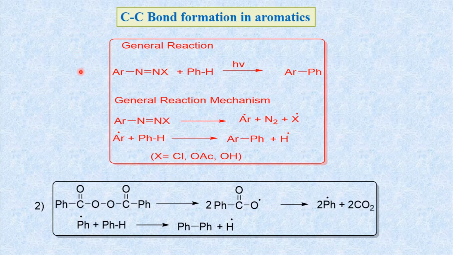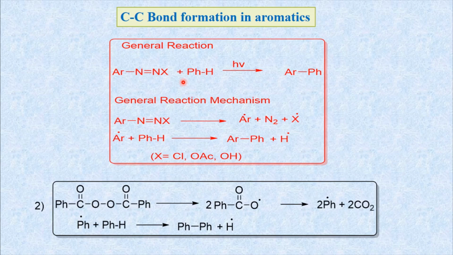It is the name of scientist Hay, H-E-Y. In 1934, he reported that the thermal decomposition of diazonium salt in aromatic solvent, such as benzene, results in the annihilation of aromatic ring. So this was the first scientist who reported that the thermal decomposition of diazonium salt in aromatic solvent results in annihilation of aromatic ring.